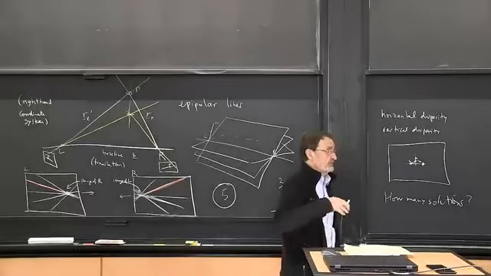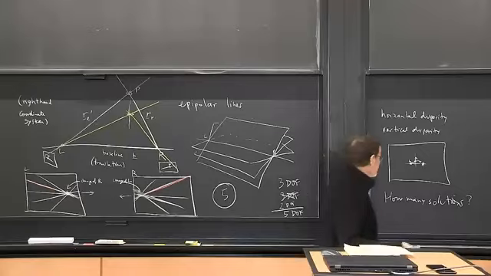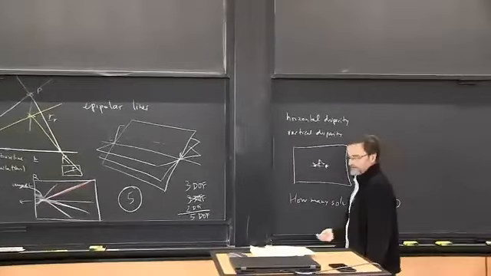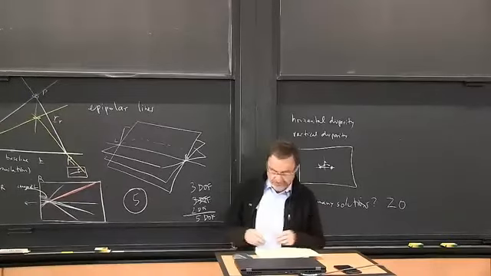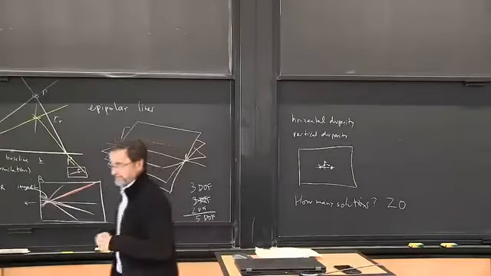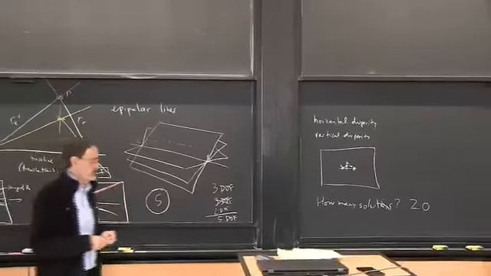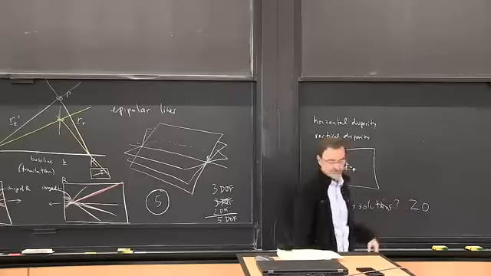And also there are different ways of counting. But the true answer is 20. Now, Kupka, a century ago, showed that there can't be more than, in his way of numbering, 11, which would be 22 by our counting. And it took almost a century to get it down from 22 to 20. But